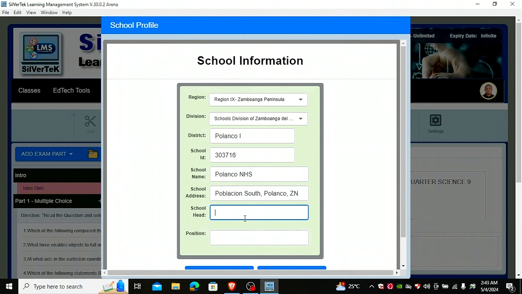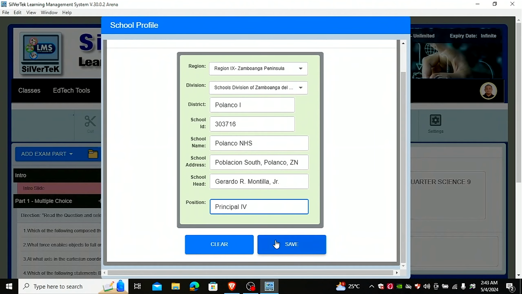School head, we have here Gerardo R. Montilla Jr., our school principal. He is a principal 4 of our school. Then click on save to save all this data.